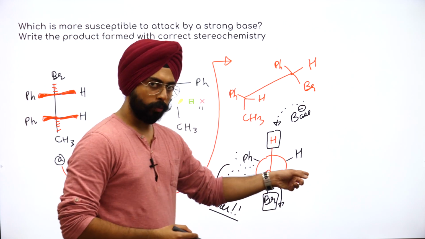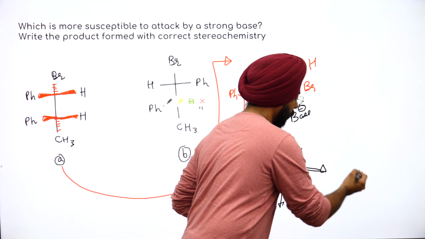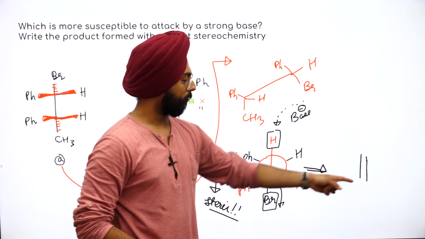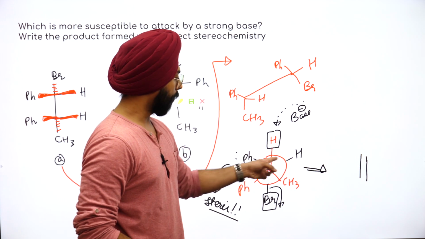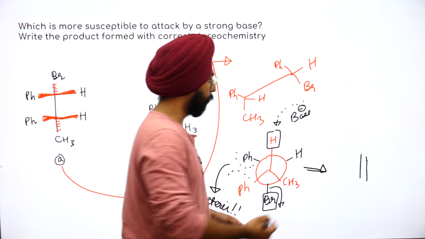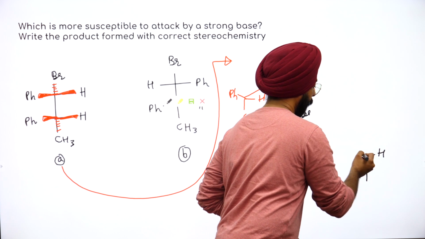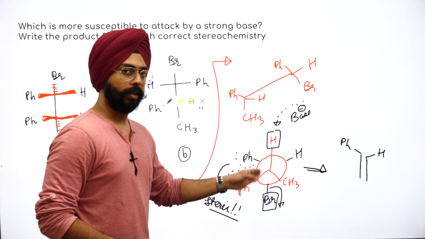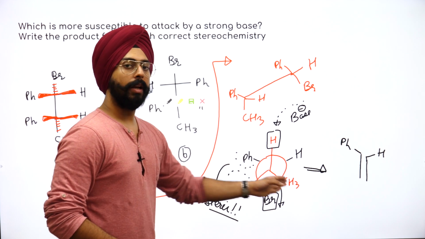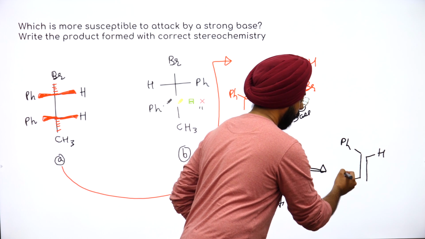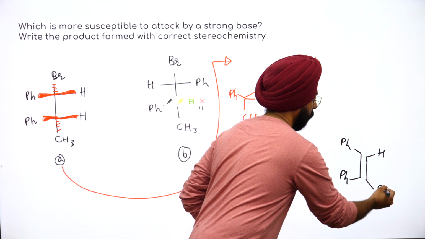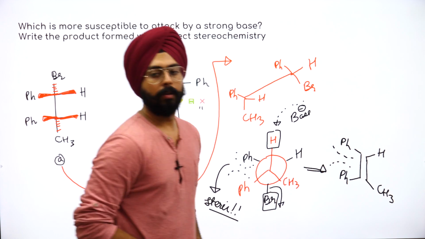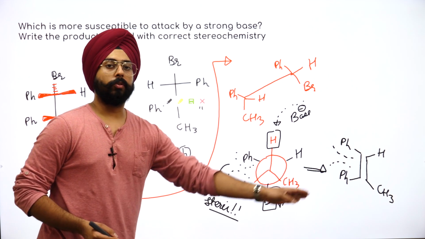The product that you will form out of this is going to be a double bond like this. This is the front carbon, this is the back carbon. On the back carbon there is hydrogen on the right, pH on the left. Let's make it as it is. वही बनेगा. On the front carbon, bromine, on the front carbon hydrogen will leave, pH on the left, CH3 on the right. Let's make that. यहाँ पे भी these are close to each other. Benzene on the same side.